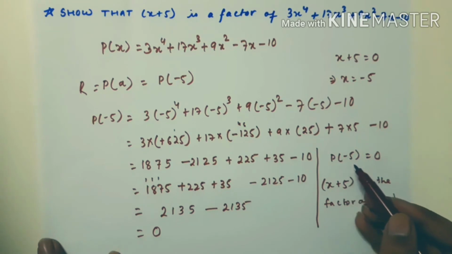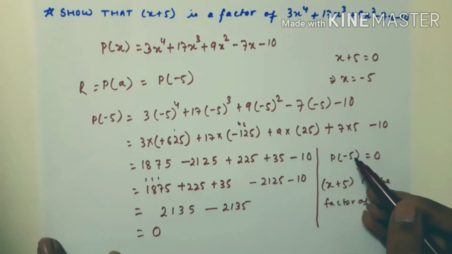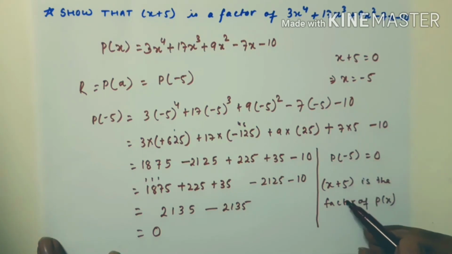As we saw earlier, we did one example in which we had x minus 3. So since it is x minus 3, here we will have 3. If it is 3, here we will have minus 3, and if it has a negative 1, here we will have a positive 1.